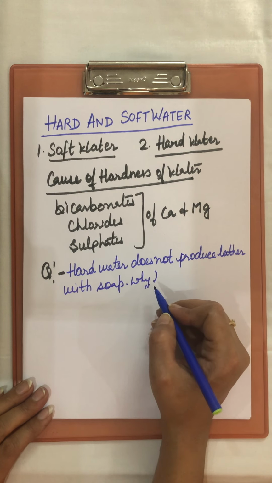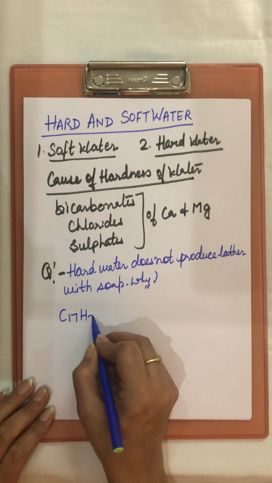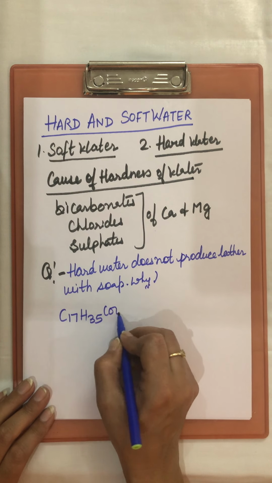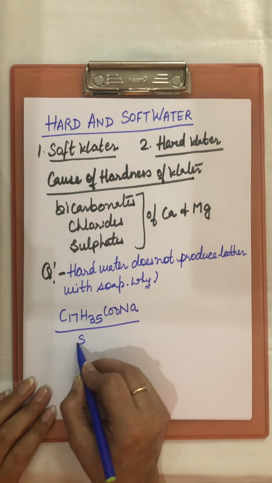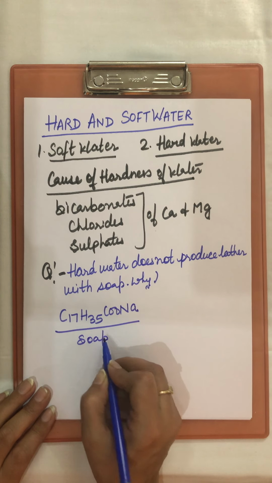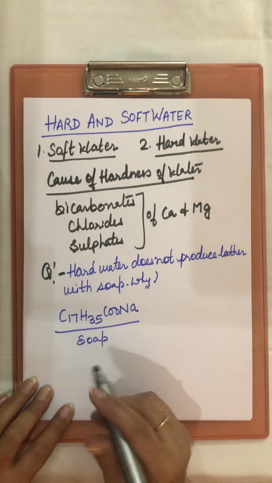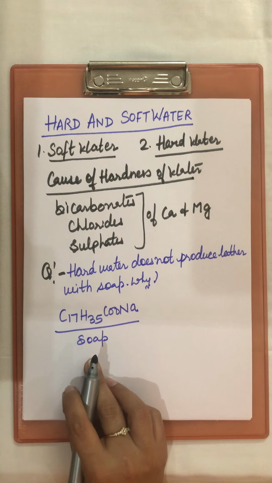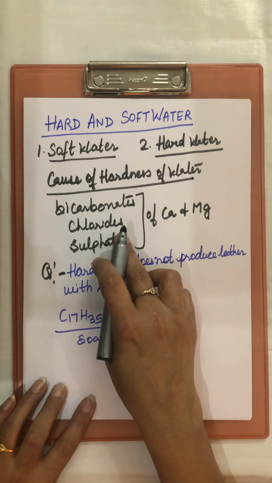We all know soap is a sodium or potassium salt of a higher carboxylic acid. Like this is a soap, sodium stearate for example. If we add this soap to hard water, which has calcium and magnesium salts,